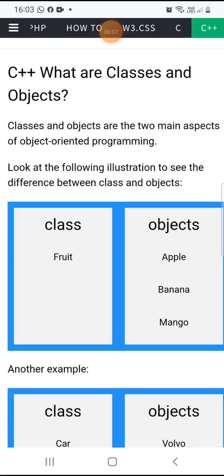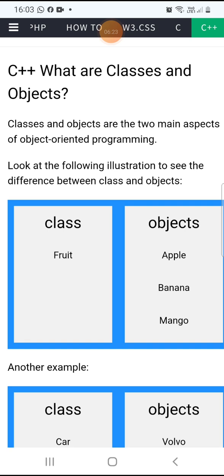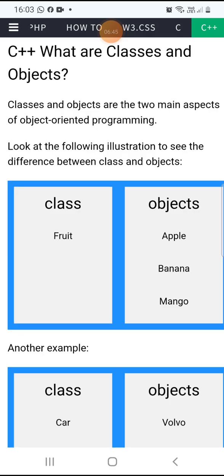In real time applications, you will get a lot of classes. Car class is there, fruit class is there, human class is there, student class is there. So car is a class. Under the car class, so many cars are there. Toyota car, Renault car, Tata car. These all are physical objects. That Toyota is really a car, but all these cars are part of your car class.